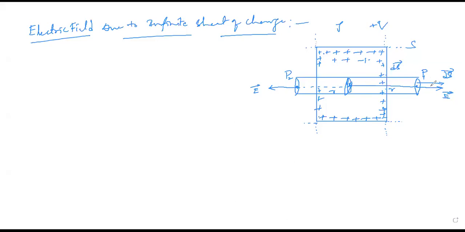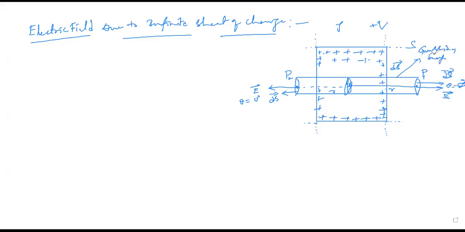The angle between these two is theta equal to 0 degrees. At the same time, here also we can write the same small unit drawn normal vector, drawn outward. And again here also theta should be equal to 0 degrees. Correct? So this is what I have drawn. And what is this? This is our Gaussian surface.